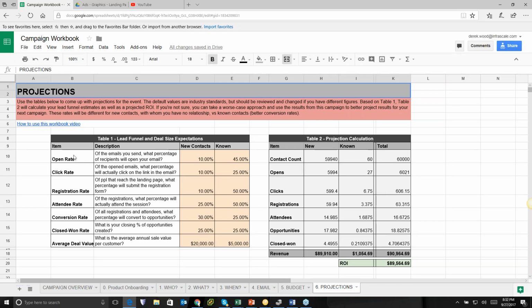So when you look at a lead funnel, especially with email-based campaigns, you have a lot of steps that you may not consider to be steps. So you have first opening the email, separate of reading, and then clicking the link in the email that we want them to go to. And then once they're at our landing page, we have the call to action of register now, give us your contact information. And then you have the showing up.